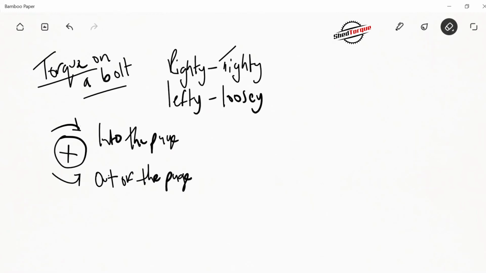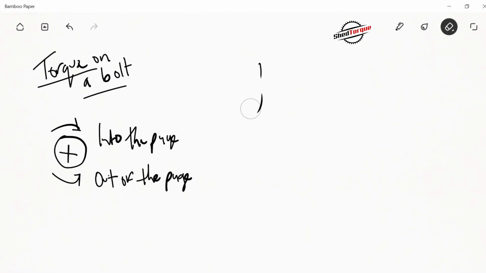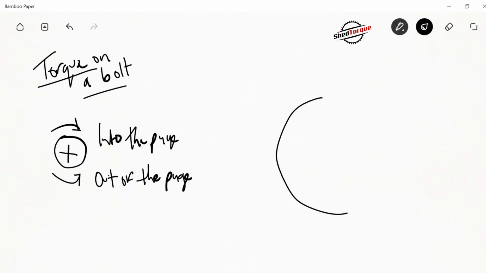So let's take this bolt and blow it up a little bit and see how it's applied. There's our bolt or our screw. Here is our radius R. Now if I tighten it to the right, I'm going to apply a force